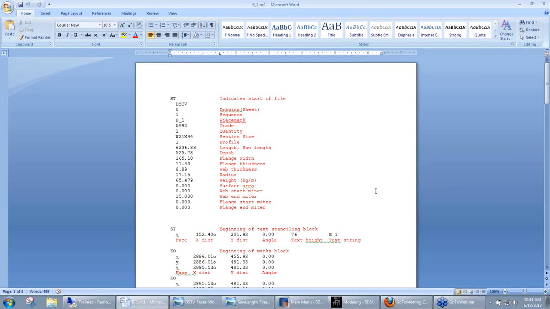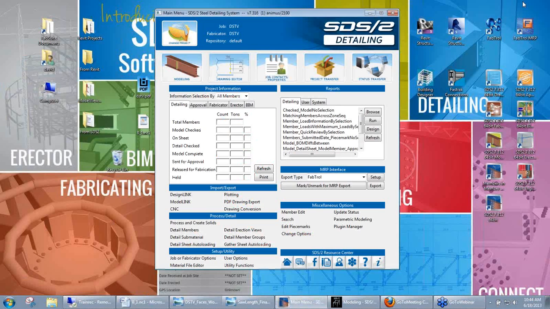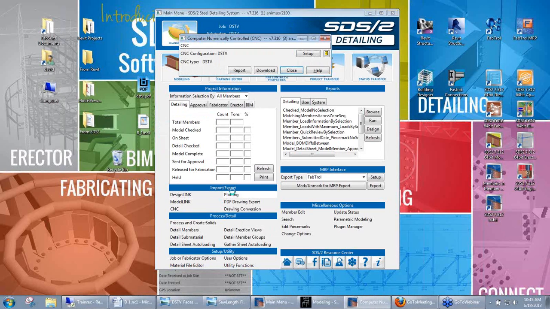So the next thing that we're going to go ahead and do is actually open up some of our CNC options and take a look in there. So from the main menu here, I do want to point out I am using version 7.3.1.6. That's our latest beta release. Most of the options that we're going to be covering should be available in 7.3.1.2 or 7.3.1.3. So when I open CNC,